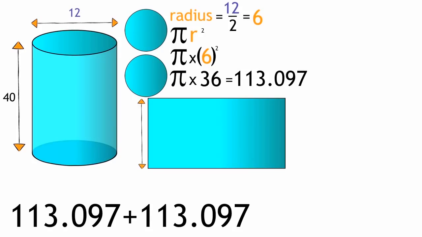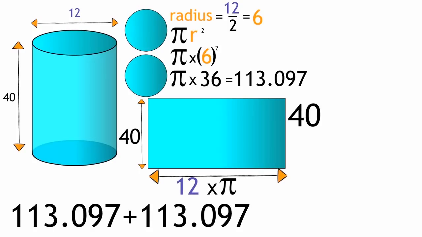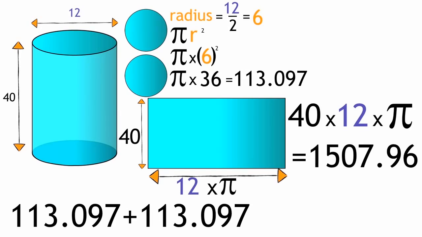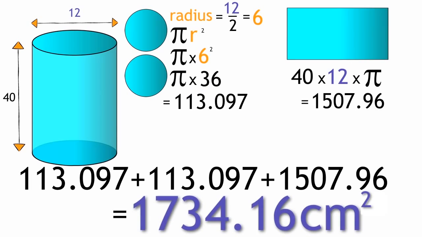And then I need the rectangle bit. So the height's the same, so that's 40. Remember this length here is pi d, so that's 12 times pi. And type that into my calculator, 40 times 12 times pi. We get 1507.96, and that's going to get added on there. So we add those all together, 1734.16 centimeters squared. Now it's probably a good idea to round that